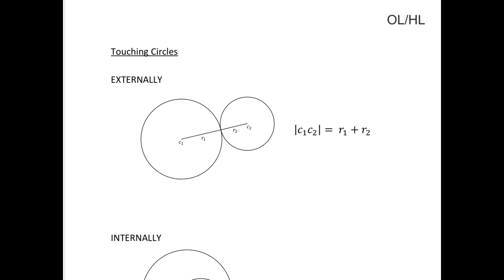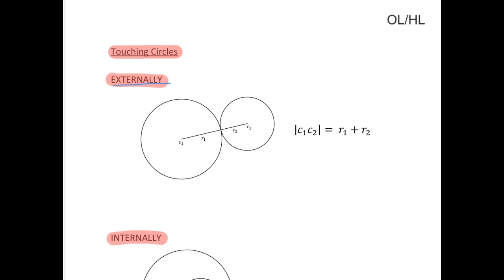In this video, we're going to be talking about touching circles. So circles that are touching either externally or internally. If two circles are touching externally, like we have in this diagram here, where we have a circle with center C1 and radius R1, and another circle of center C2 and radius R2, if these two circles are touching externally,